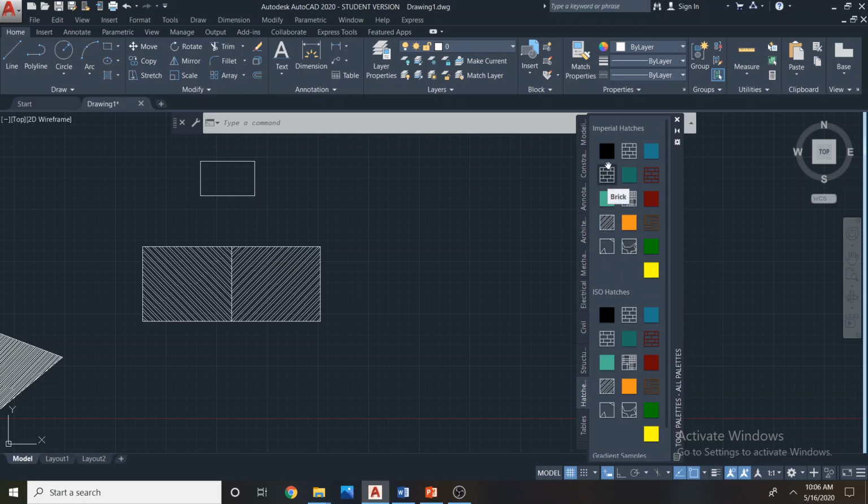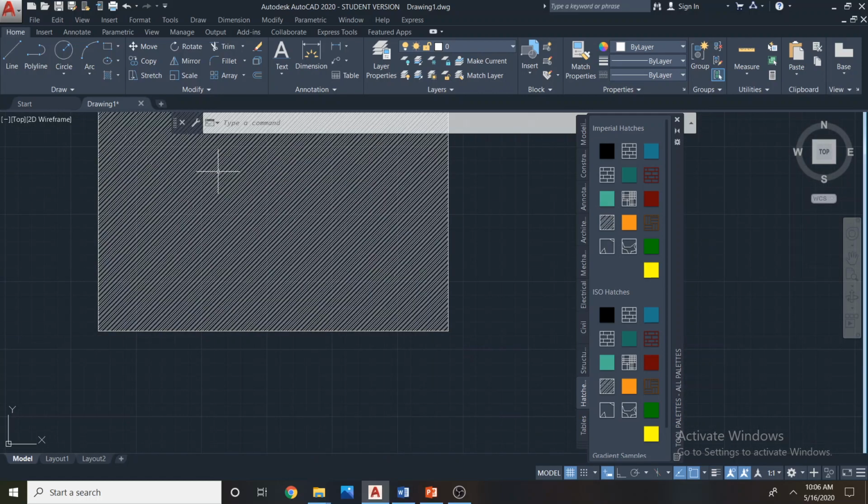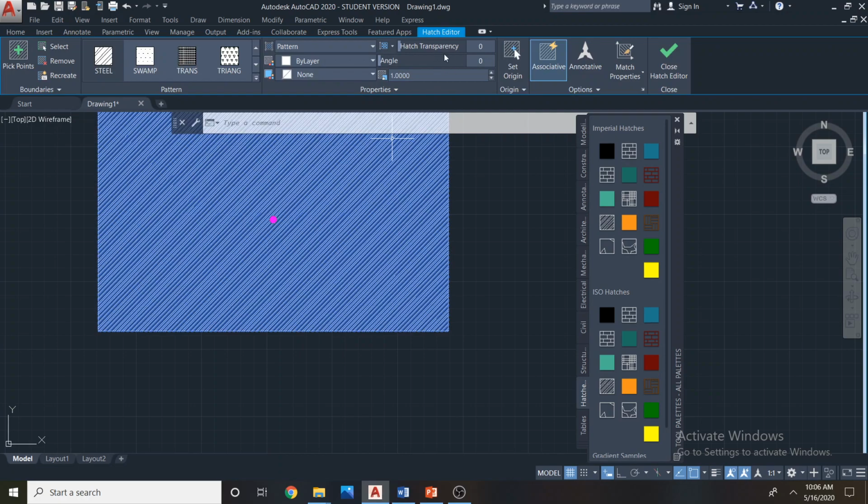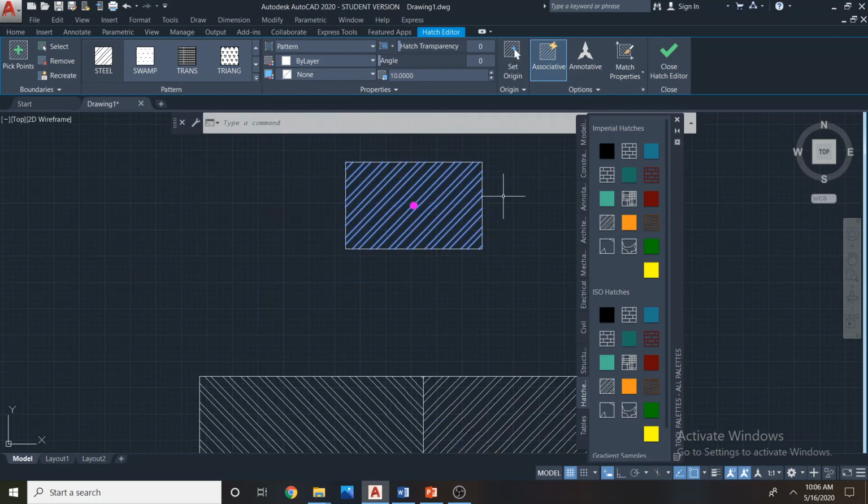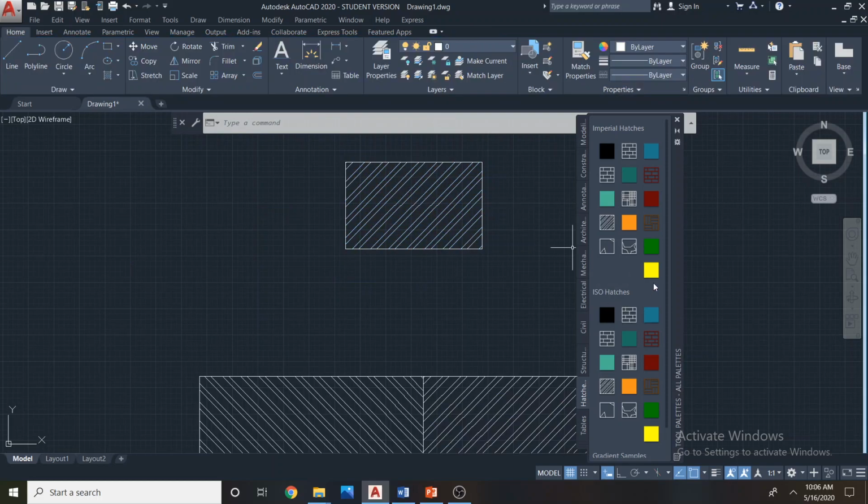So these hatch patterns are available. If you want to use them, how can we use them? You can just drag and drop this hatch pattern to this area. You see it's not quite okay, so we come here and change the scales and other settings, and it will be visible. So this is really easy, you can just drag and drop.